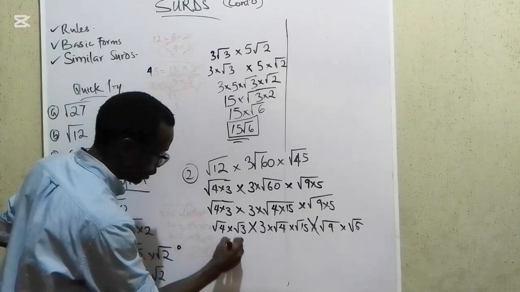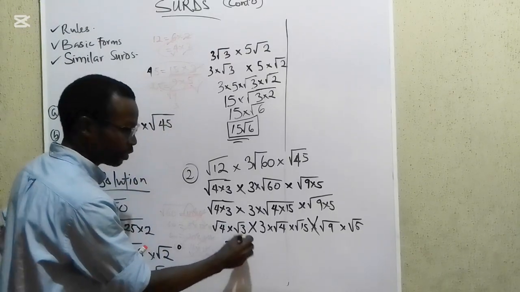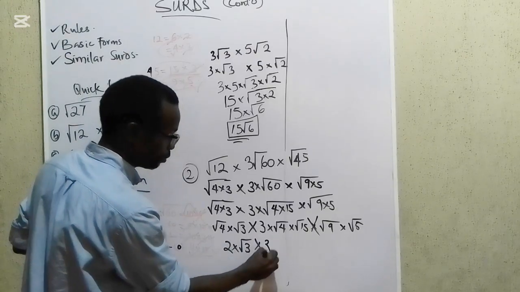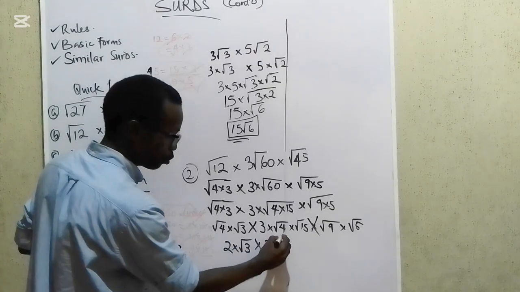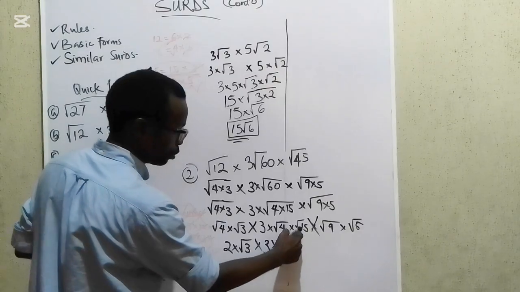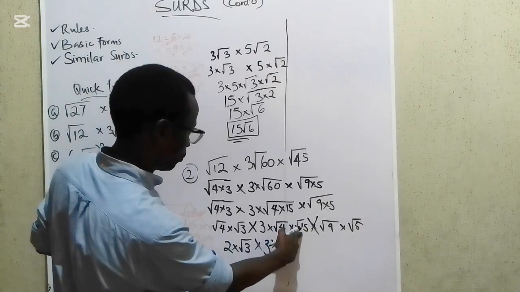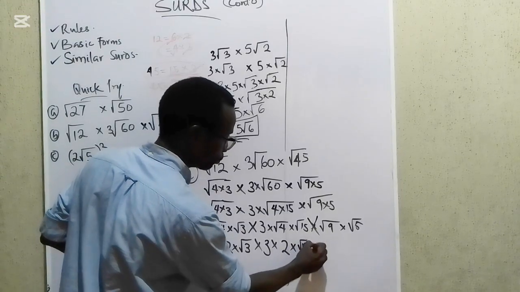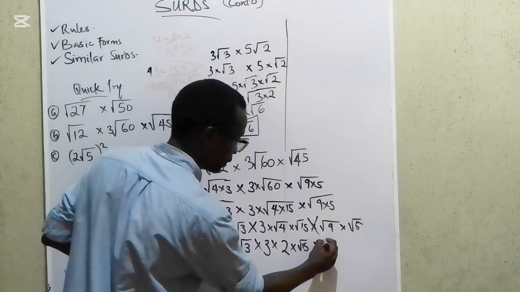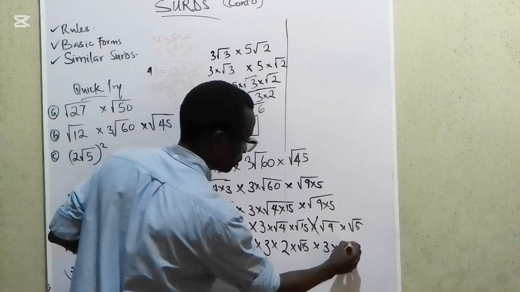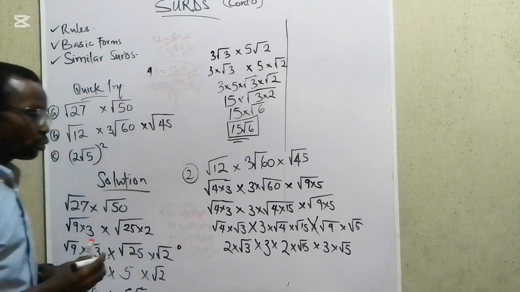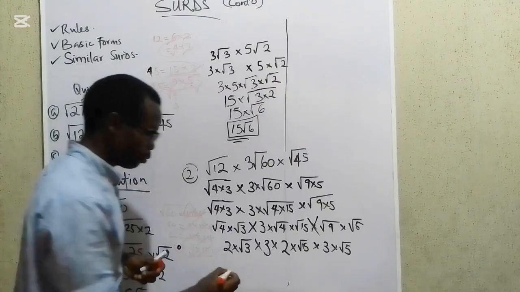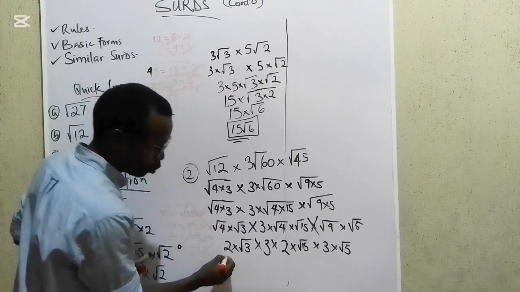We're going to make 2 with this multiplication sign. Square root of 3 is not a perfect square root, so leave it there. And this 3, leave it there. Square root of 4 is 2, so this becomes 2. Root 15 doesn't have a perfect square root, so leave it as root 15. And the square root of 9 is 3. And this one is here. So what we do is we will collect like terms. So these don't have